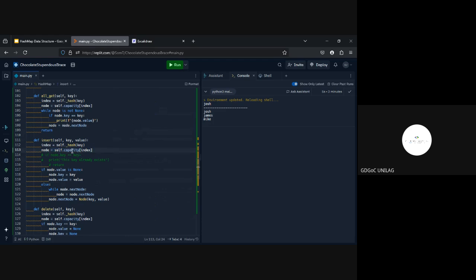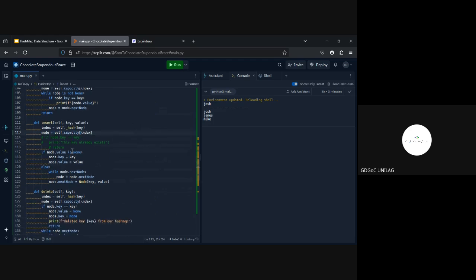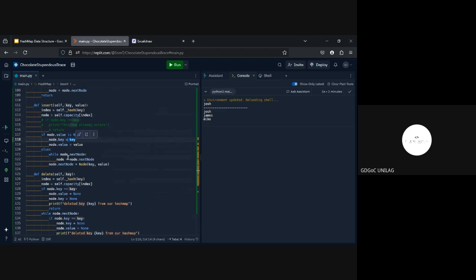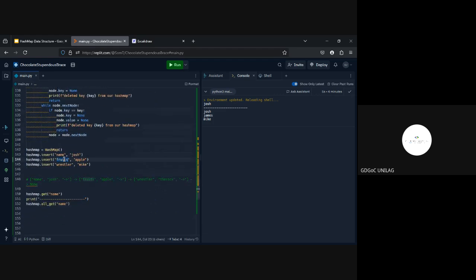It computes the index of a particular node, right? Then it checks, oh, if this node value is none, essentially, if that node is none, there's nothing there, just update the key and the value for me. That's all. If not, if there's something there, loop through to the end of that linked list. When you get to the end, just update that end with the key and value. That's actually what we are doing here before with